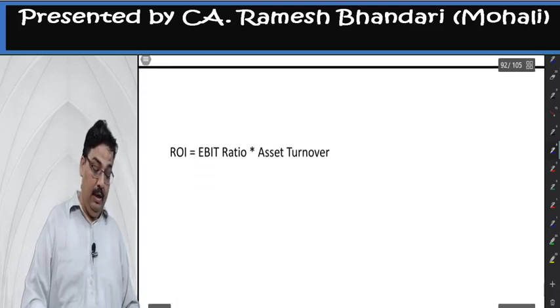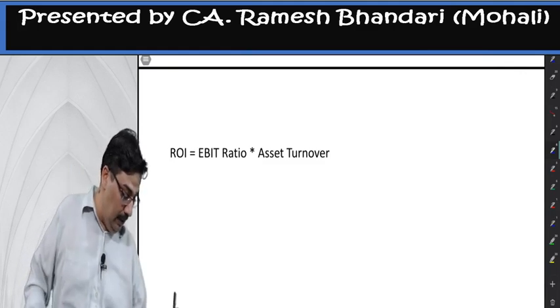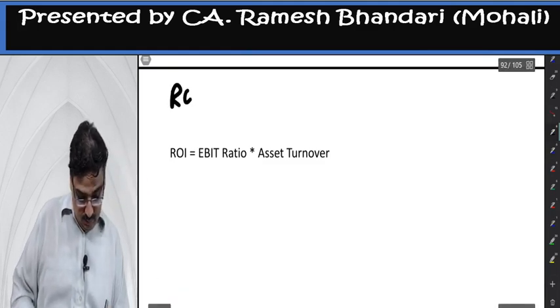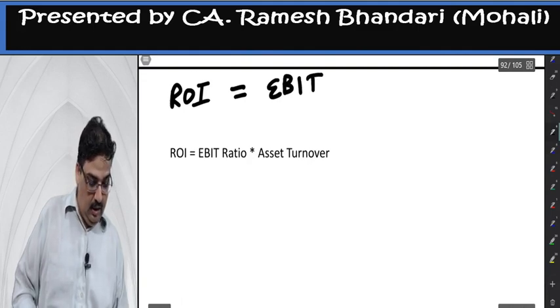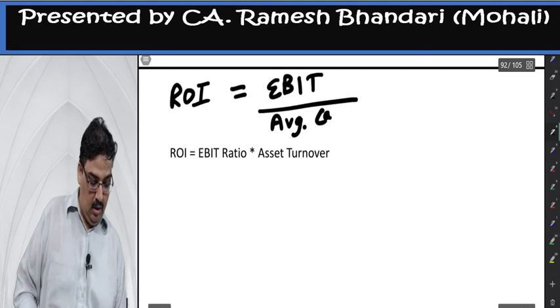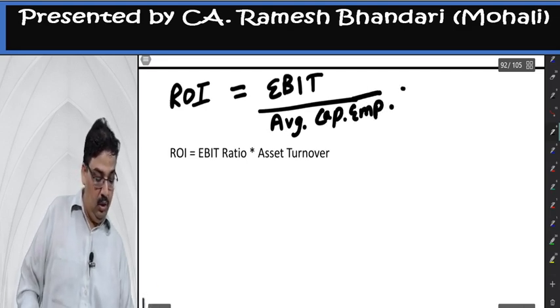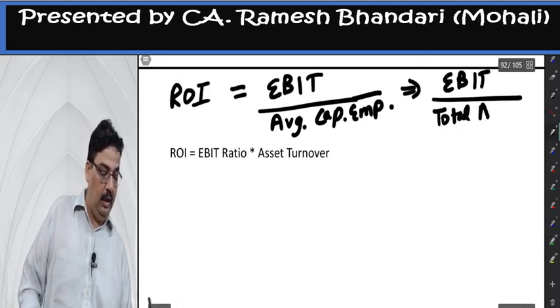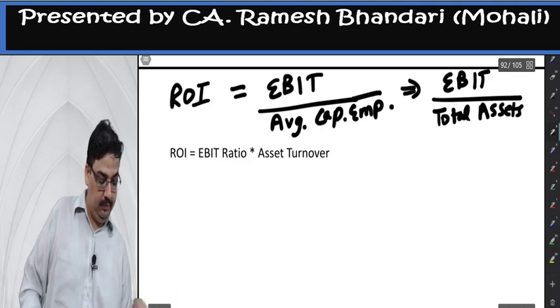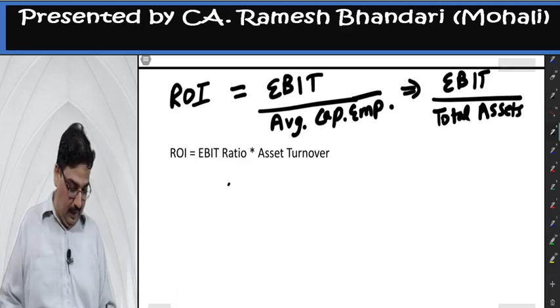What was ROI? I said EBIT by average capital employed. No, they said let it be EBIT by total assets. They said it can be further written as